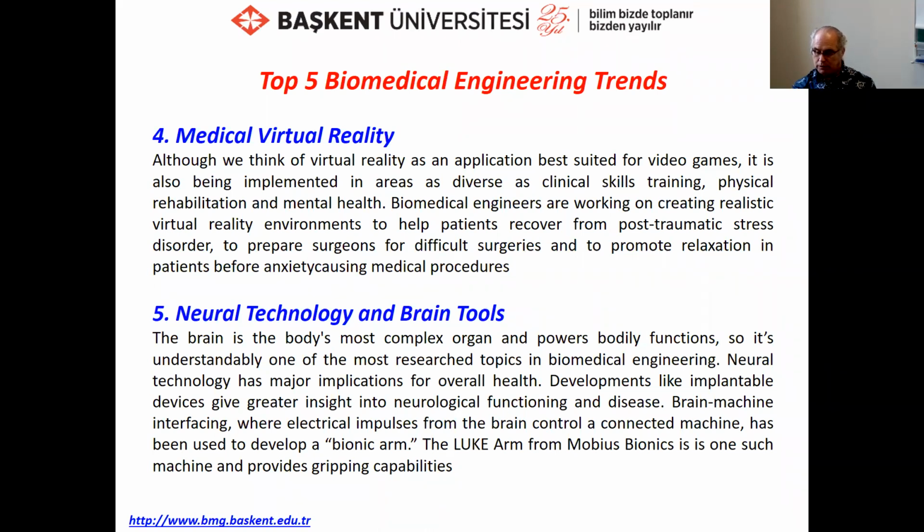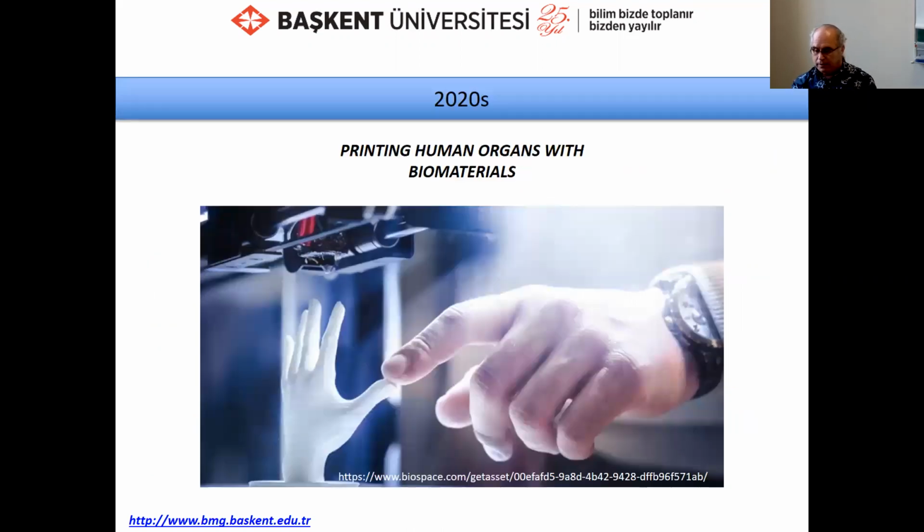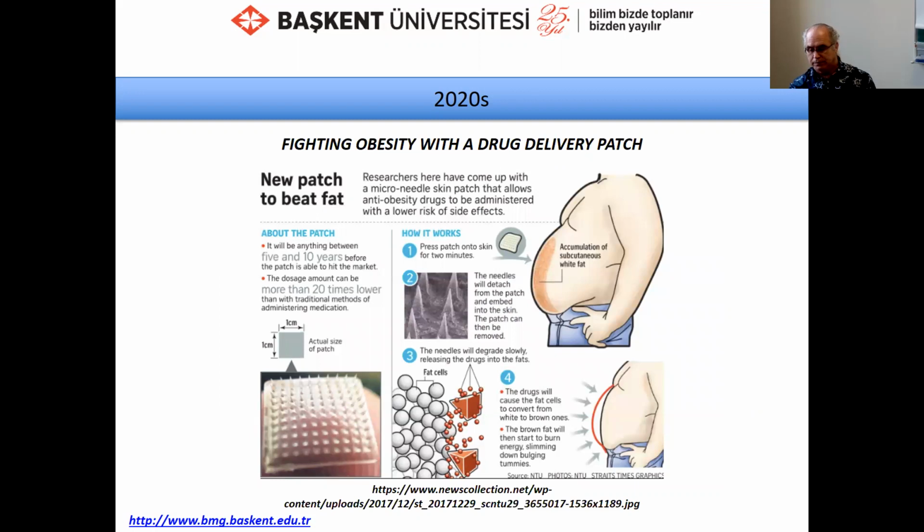And by the way, we have to focus on this organ and its related neural technologies. Therefore, the 5th example for the top biomedical engineering trends belongs to neuronal science. Yes, at the end, when we came to the 2020s, we can see organ writing, I mean printing human organs with biomaterials, and also some biomedical applications